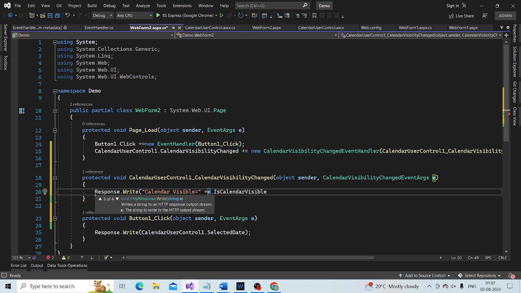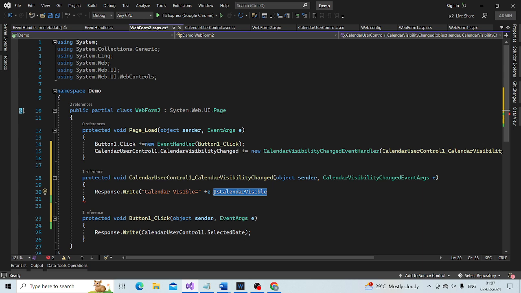Calendar visible is equal to... since that is a Boolean property, is calendar visible is a Boolean property.